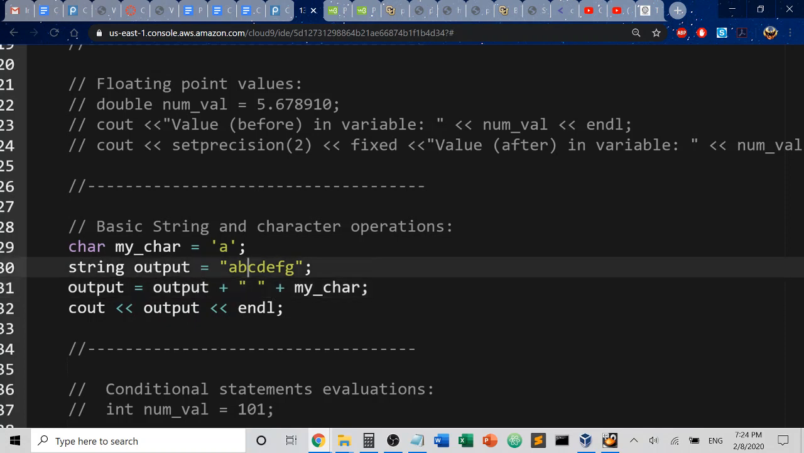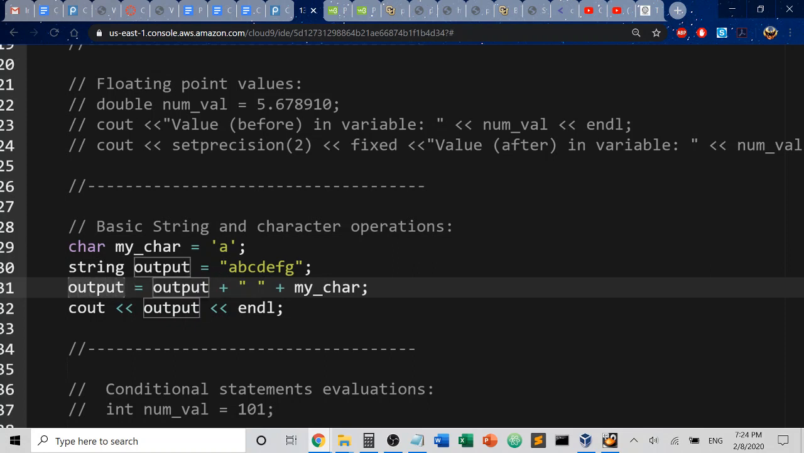And that information can also be operated on just like any other integer or floating point value. It has similar arithmetic operations. So this is what we're talking about with arithmetic operations on strings with characters, is that output can equal itself, A, B, C, D, E, F, G, plus we can add a character here as an additional string. So we're passing an additional string and adding it to output, but it only contains one character, which is a space. And we're also going to add the value of the character stored within my char, the variable above, which